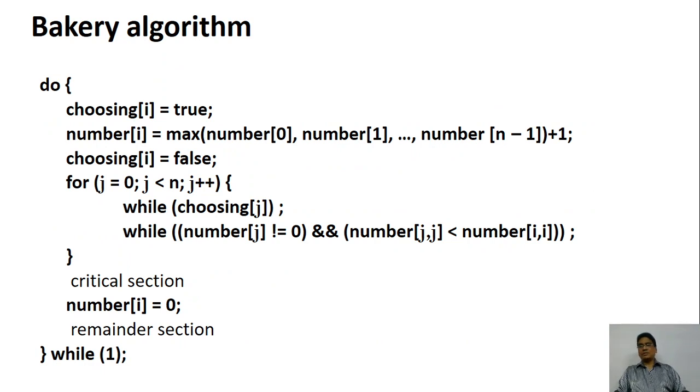How does the process go? Suppose you are the processor, you are entering. First thing you must get, a token has to be chosen. So they are choosing a token for you. Once a token is chosen, choosing is completed, it is false. So as you enter, they are choosing, they are giving you one token, so choosing is true. Once you get the number, choosing is false.